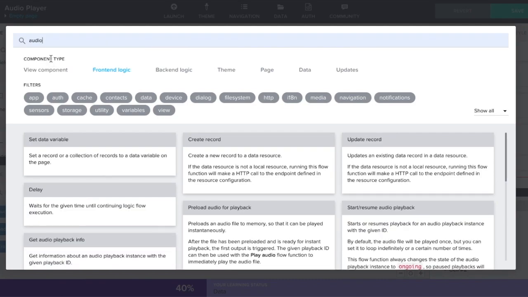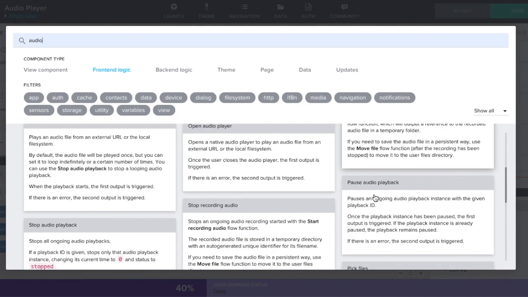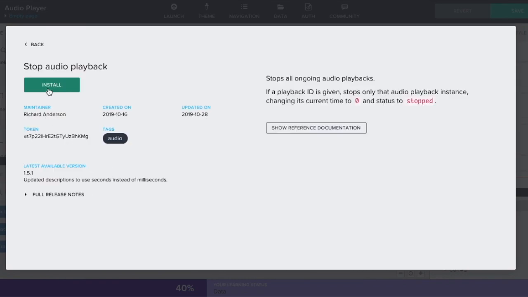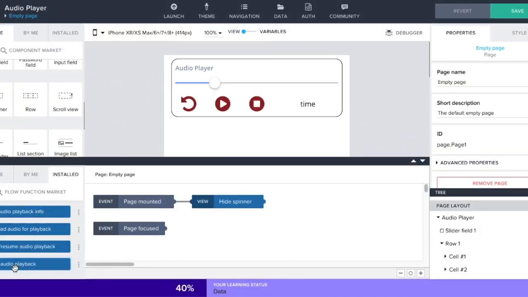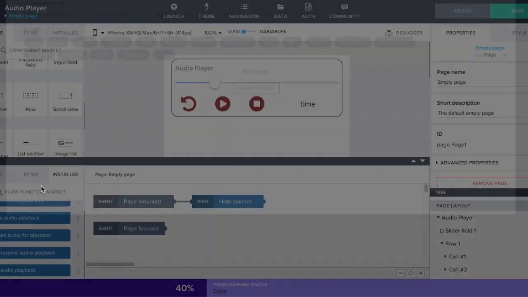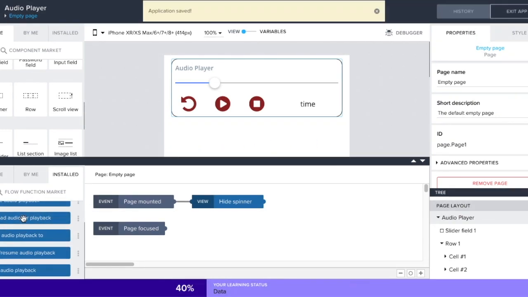This will be used to get the information for the current audio being played. Stop audio playback to stop the audio. Pause playback. And then seek audio playback. So once these are installed,